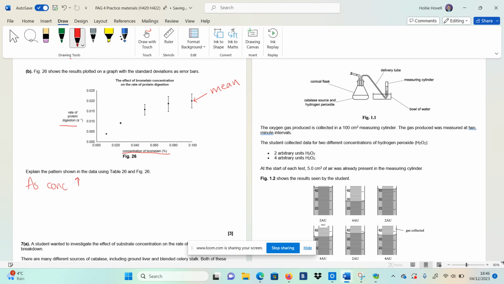Okay, so as this increases, this increases. As this increases, this decreases, whatever. Always talk about this axis and then this one. So as the concentration, try and use all the language as well that they've used. So here they've said concentration of bromelain. Try to use the words, so try not to shorten it. So as the concentration of bromelain increases, the rate, use the words of protein digestion